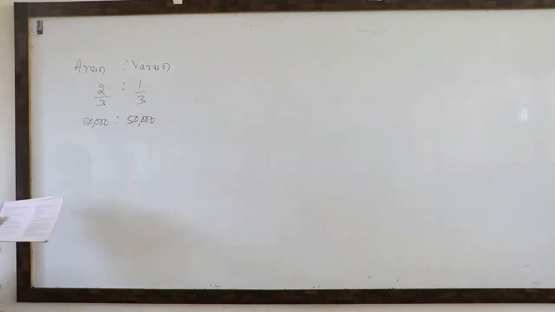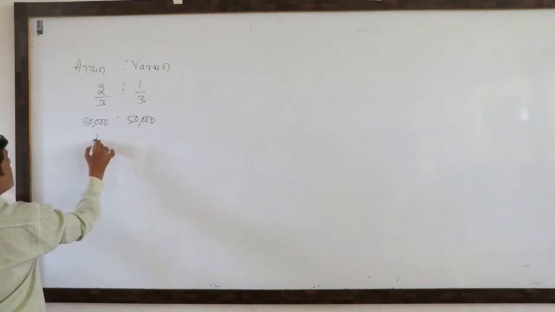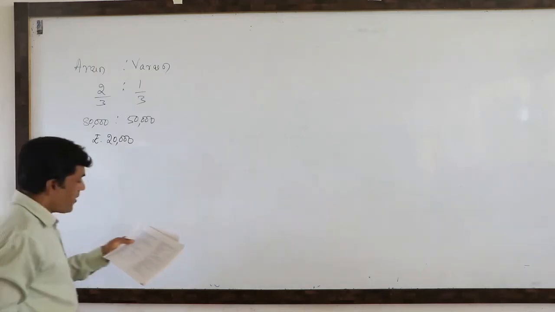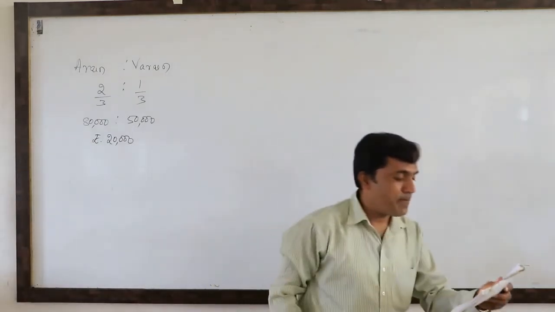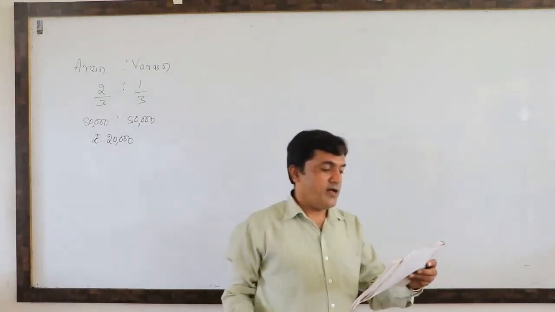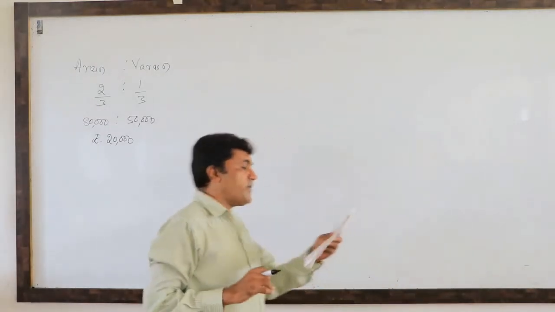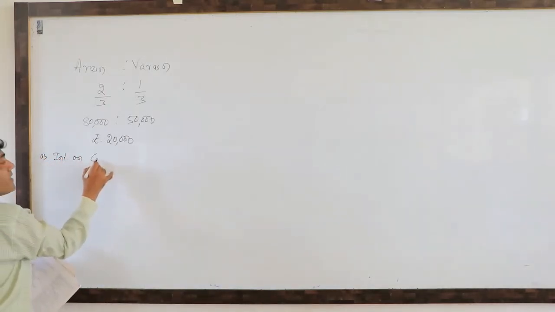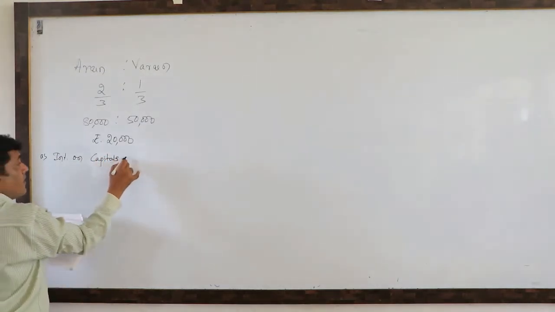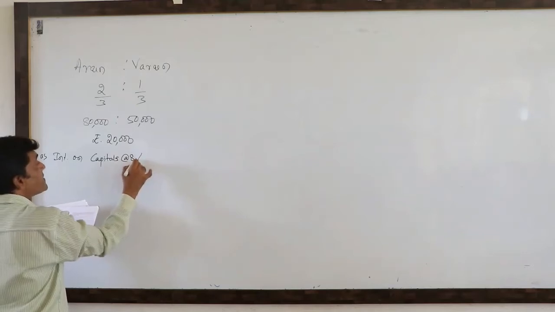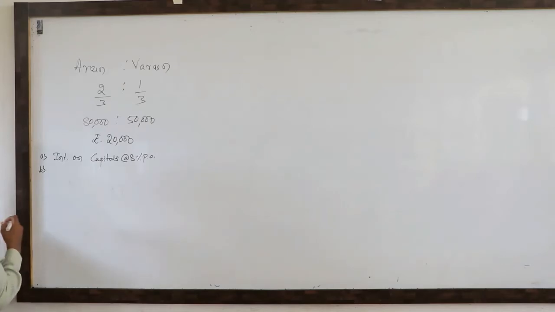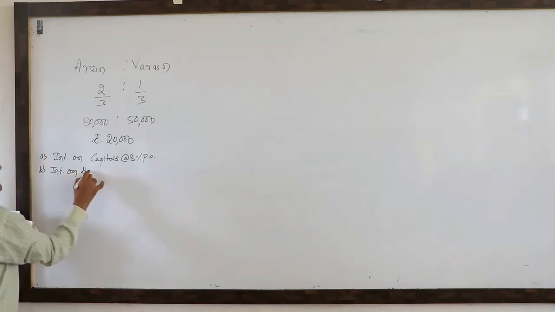They earned a profit of rupees 20,000 before allowing the following. So you can see some adjustments also there. The adjustment number 1, interest on capital at 8% per annum. The first one, interest on capitals at the rate of 8% per annum. Point number B, interest on drawings.